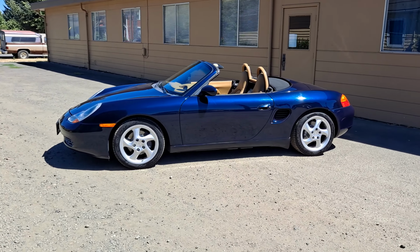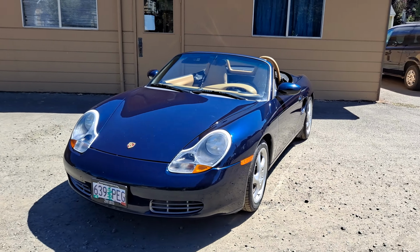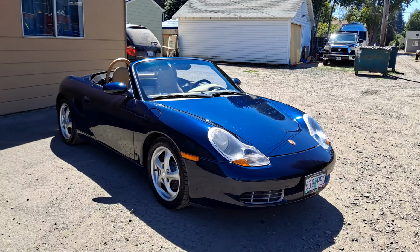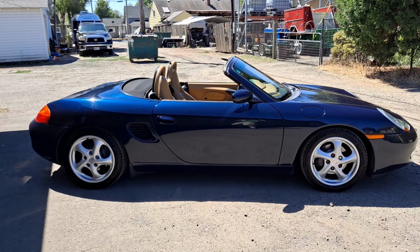Well, there she is. 1999 Porsche Boxster. We got the water pump all taken care of, new thermostat installed, cooling system's all refilled,